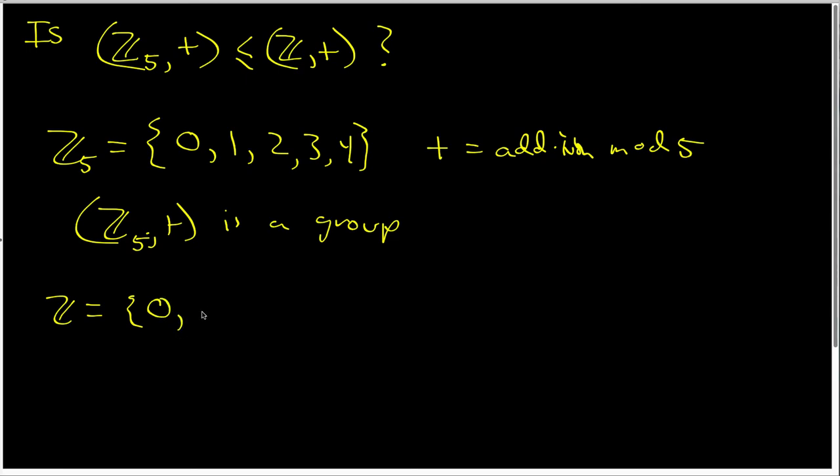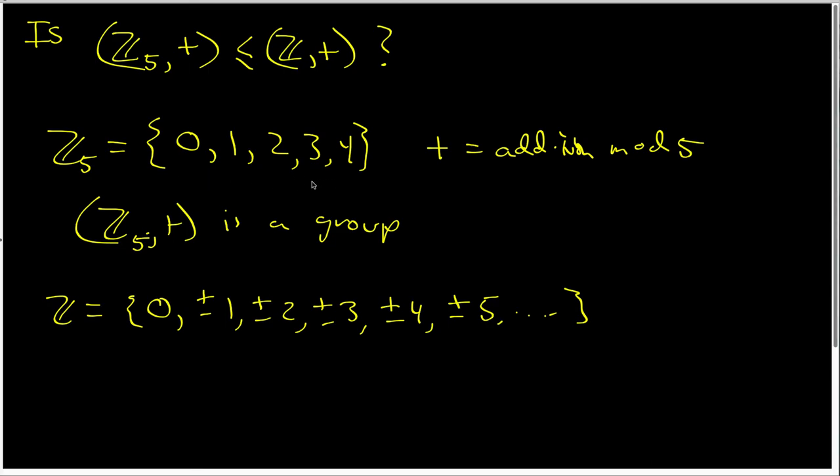So it's 0, plus and minus 1, plus and minus 2, plus and minus 3, plus and minus 4, plus and minus 5, and so on. And superficially, it certainly looks like Z5 is a subset of Z